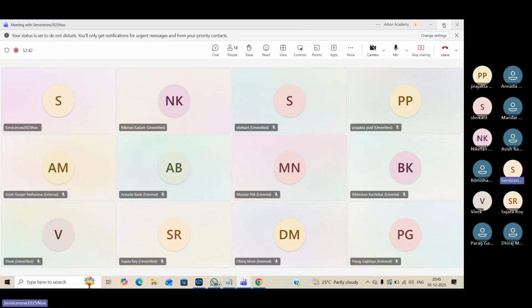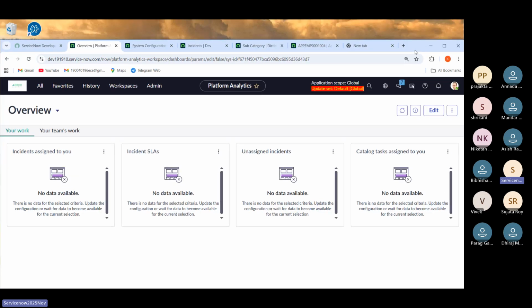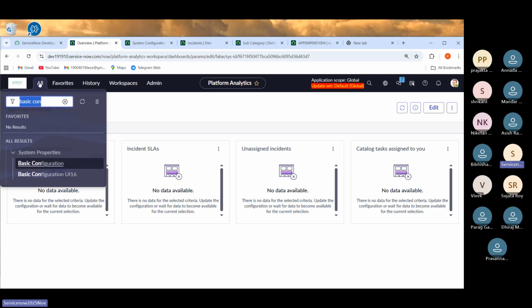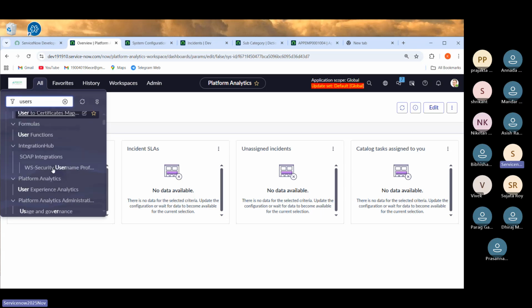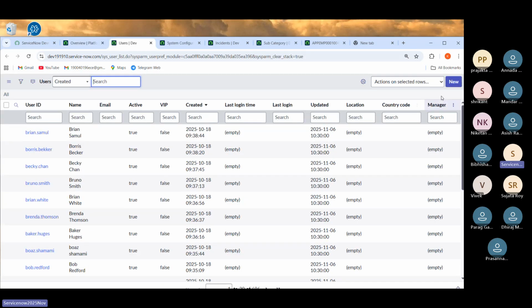Consider if Niketan wants to access my ServiceNow instance. I should create a ServiceNow user record for him. For that, I should go to the users table, search for users, and here, users and groups, users. I should create a user record for Niketan. Click on new,